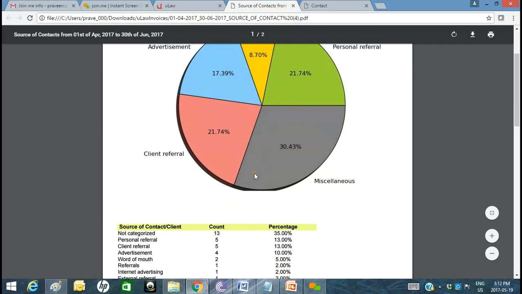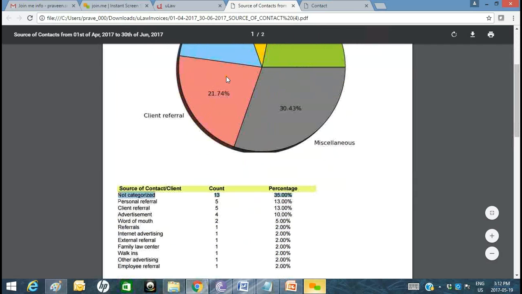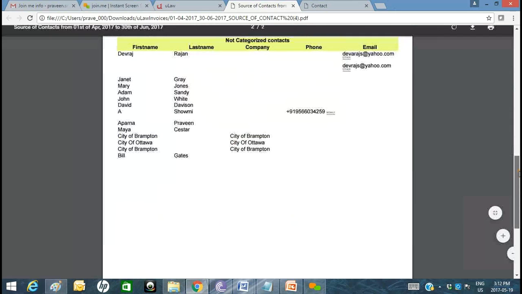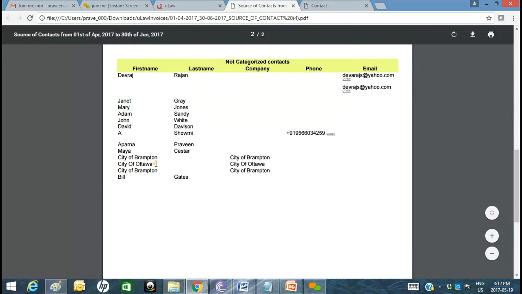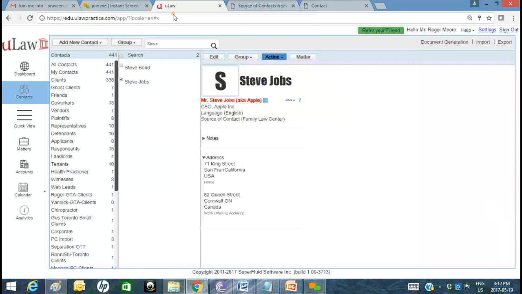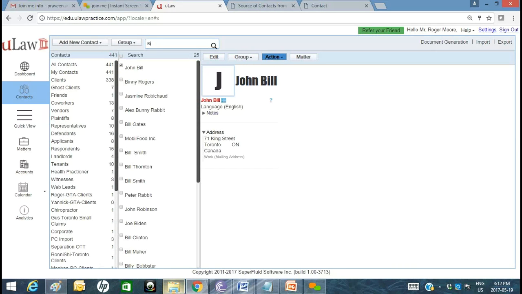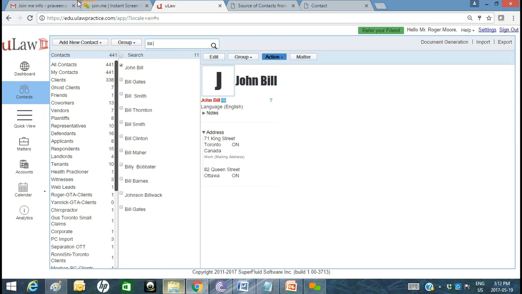Now, the source of contact is a very important field that we capture during your client intake process. But it's not a mandatory field. So just in case you've forgotten to add that, it's marked as not categorized. There's about 13 of them. And we also give you an outline of the individuals that are involved. If I look at Bill Gates, there's really no source of contact. So I may want to just go right back in, search for Bill Gates, by using our search,